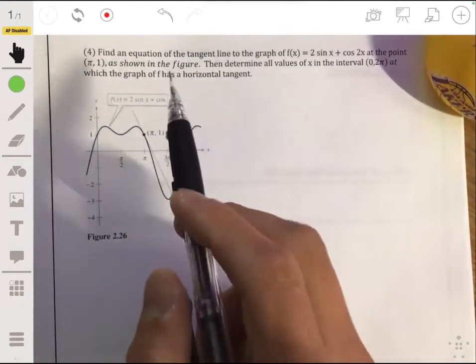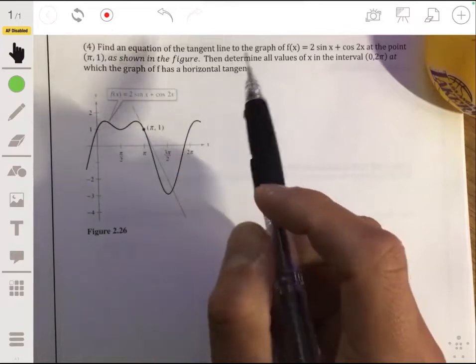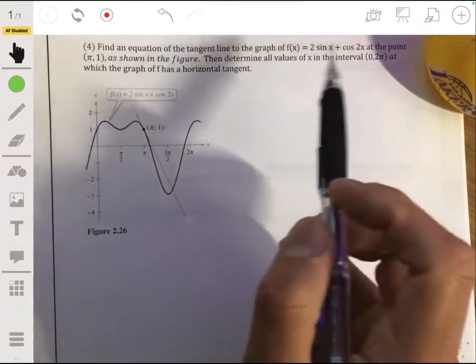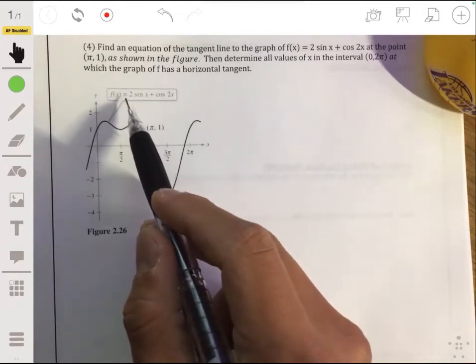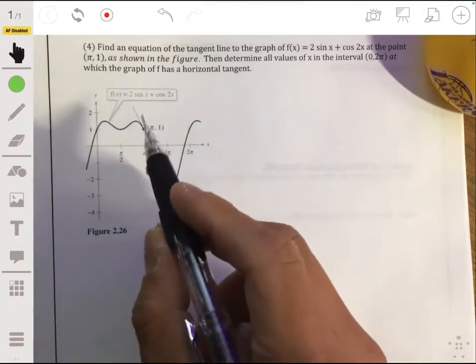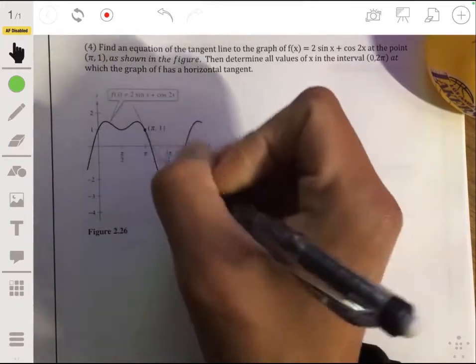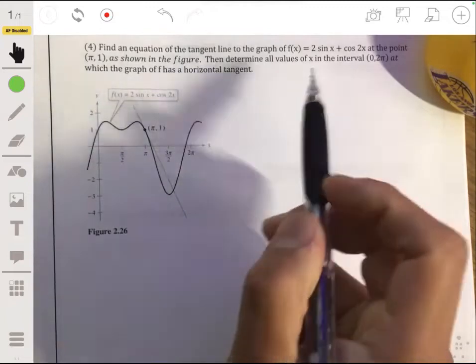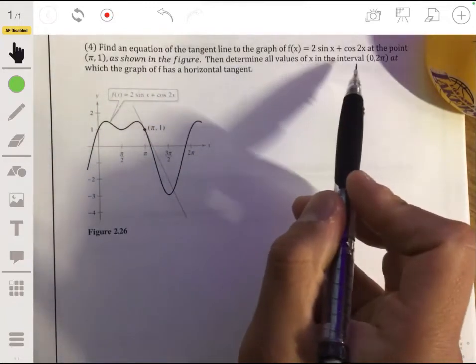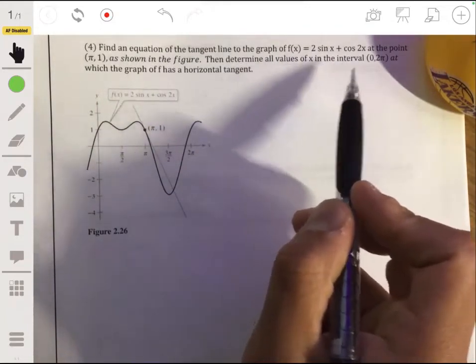Okay, so we're going to first find the equation of a tangent line to this graph at a specific point. The equation of this graph is f of x equals 2 sine of x plus the cosine of 2x. And we're going to find the equation of this tangent line at the point pi comma 1. After that, we're going to look for where all the horizontal tangent lines are in the interval from 0 to